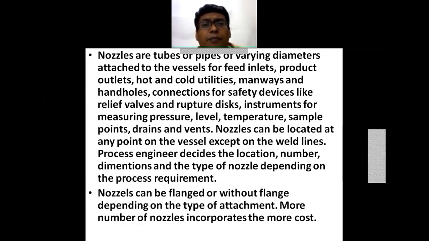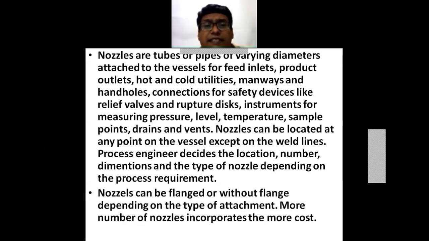So they can be of a desired diameter attached to the vessel for inlet, outlet, then hot and cold fluid utilities, that means your heating and cooling systems, even in the case of manways or hand holes, then connections for